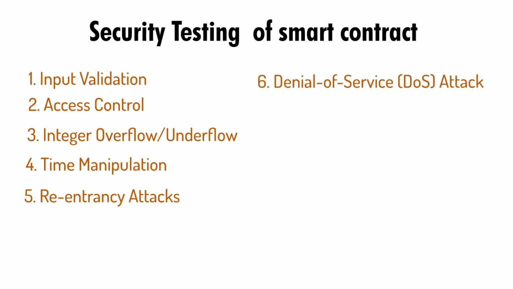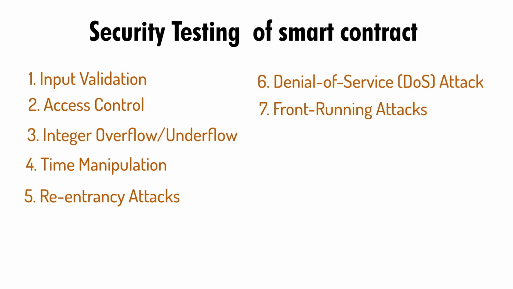Denial of service attack. Test the scenarios where an attacker attempts to overwhelm the contract by consuming excessive resources such as gas, memory, or storage. Verify that the contract includes mitigation techniques such as gas limits, circuit breakers, or rate limits to prevent DoS